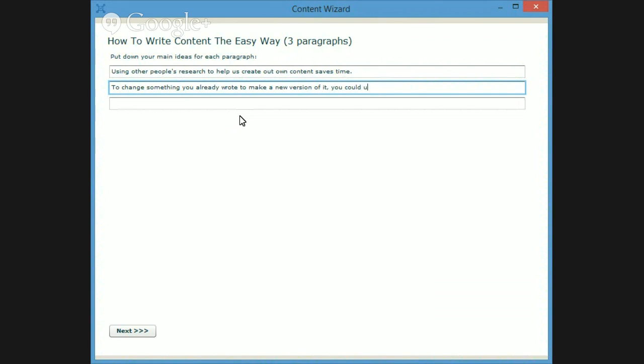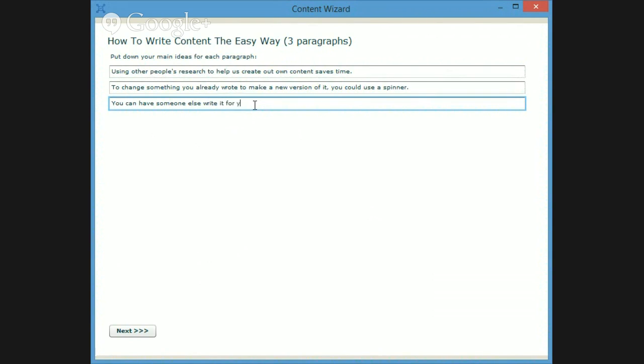You could use a spinner. Then, final paragraph would be you can have someone else write it for you. Okay, so now those are our 3. They're not the paragraphs, but they're the main ideas for each paragraph.